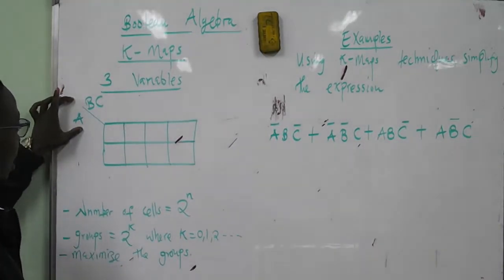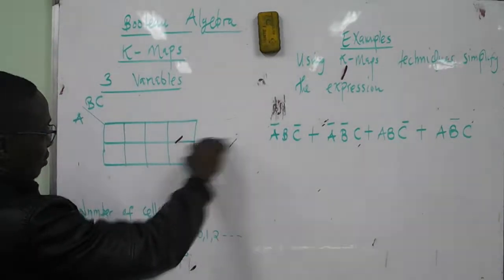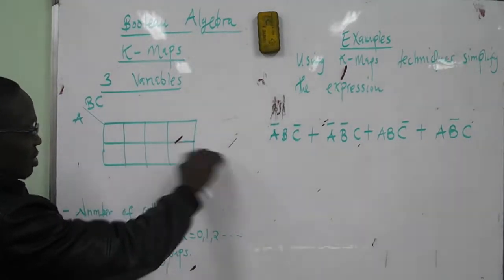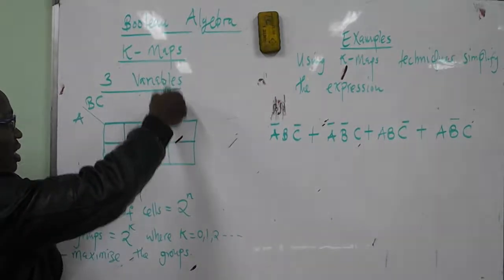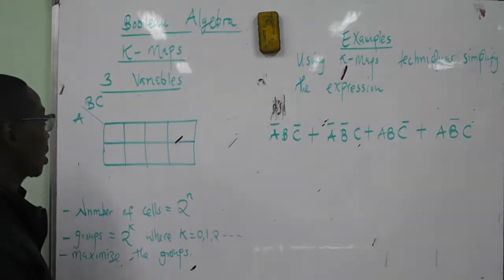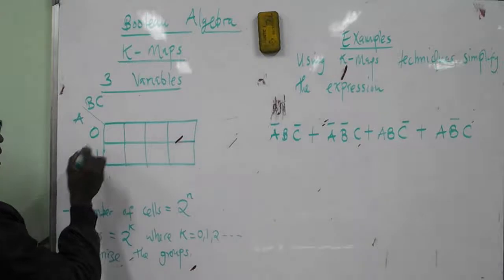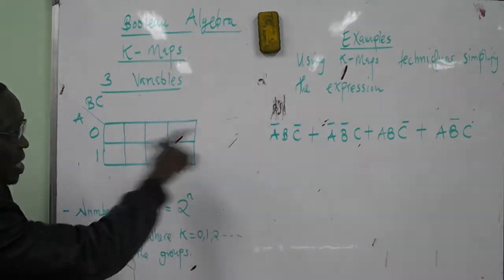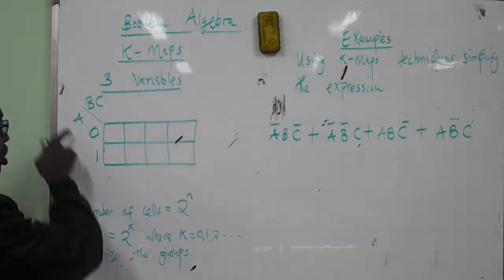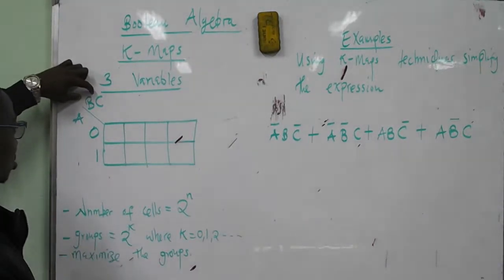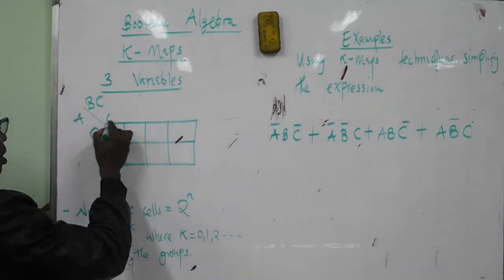Okay, so for A, these are the entries. So these are the rows for A. All these rows represent entries for A. And these columns are representing entries for BC. So you count for A from 0 going downwards up to 1. Then for BC, since they are 2, it will be 2 digits. We are counting A as 1 digit because A was just 1. So these are 2 digits, you count them 2 digits going this side, but the counting will be 0, 0,